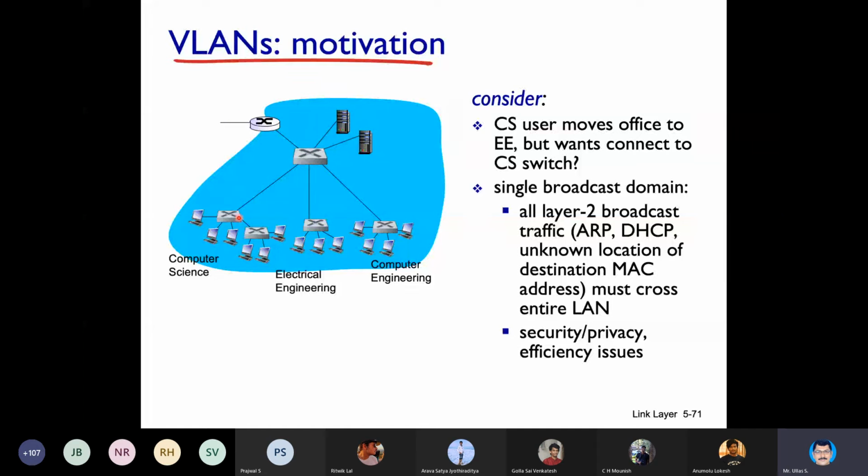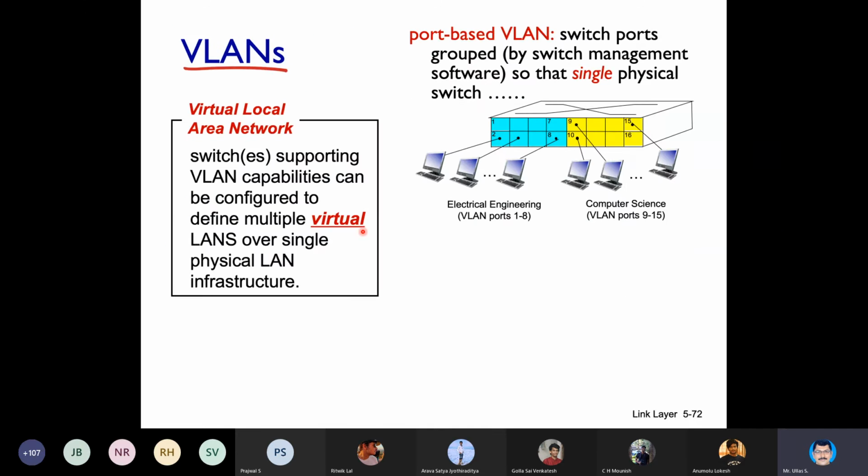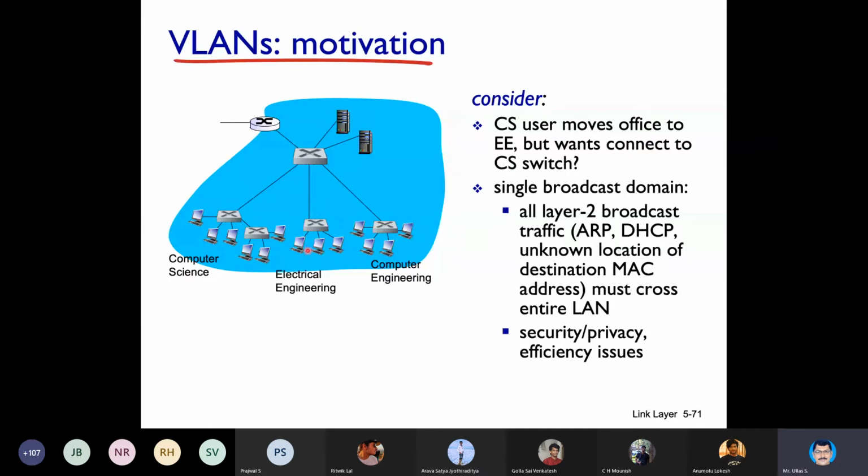See now, if you look at our college, we have computer science, electrical engineering, electronics engineering, etc. Okay, so each one of them, if I wanted to make us a network, I can segregate by means of device itself. That is, one switch I'll connect to electrical engineering, another switch I'll connect to computer science engineering, etc. And each of them I'll connect to a central router because they belong to different networks. Okay, that is a normal scenario what I have to do.